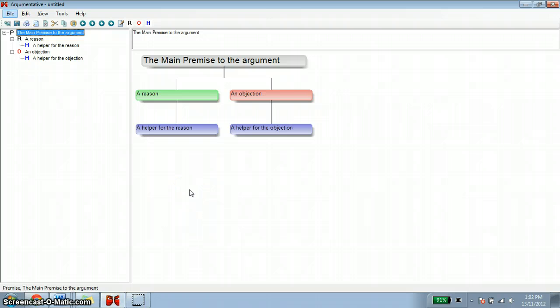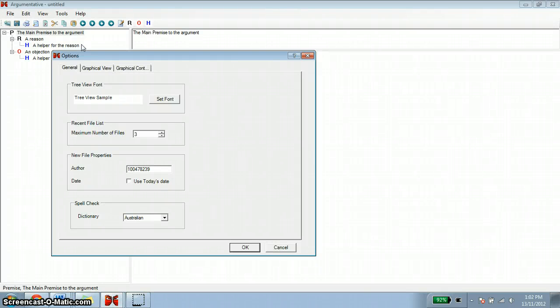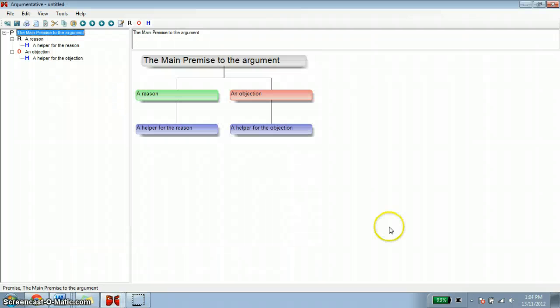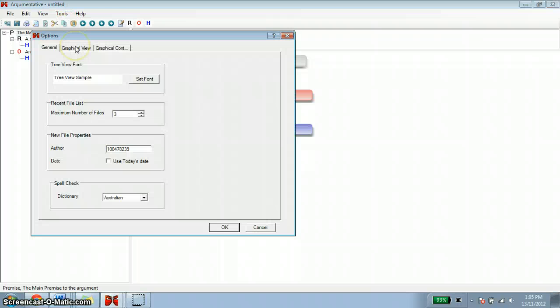Students can also adjust the graphics of the flowchart by selecting the Tools option from the above menu. And under Options, they have the choice of ordering their flowchart to suit them better. So if they want their argument to come last, go from left to right or right to left, they can switch the boxes around under this section. So simply click Tools, Options,